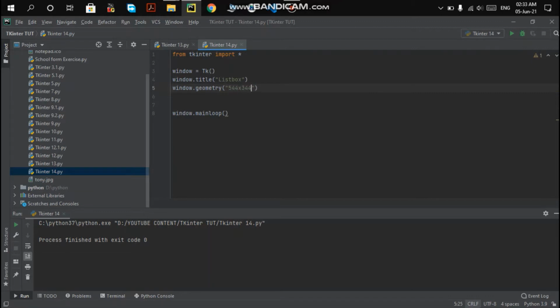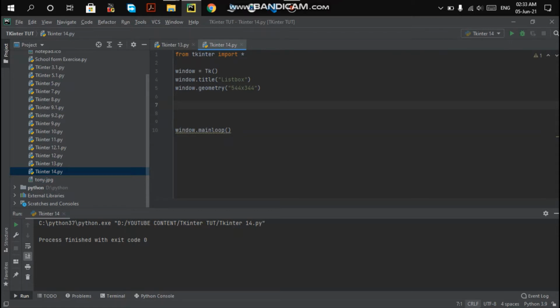You can resize it however you want, and I'm giving it this geometry. The list box is just called with its widget name, Listbox. To use a list box, you can have multiple text items and numbers, whatever you want, in it.